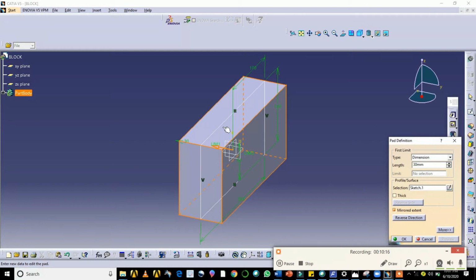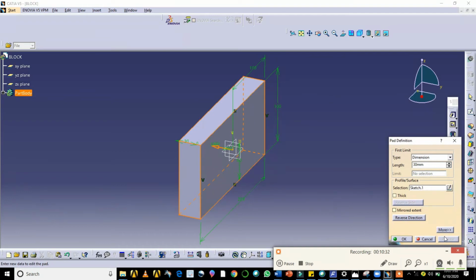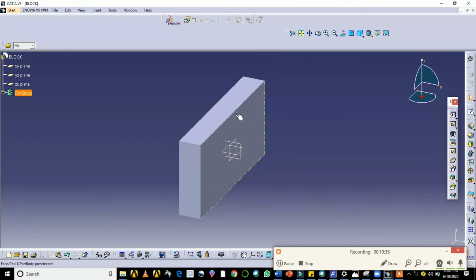Nothing but here it is 30, here it is 30. That is the application of the mirrored extent. Okay, so I'll uncheck this. I don't want this. Okay, so this pad is created.